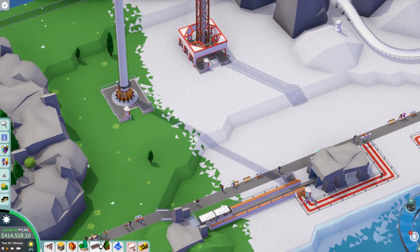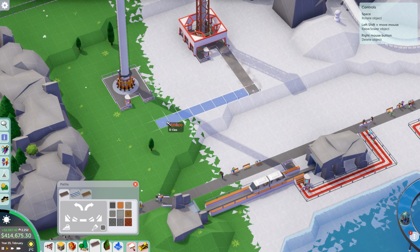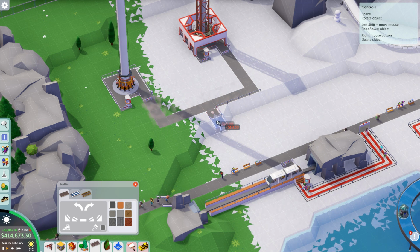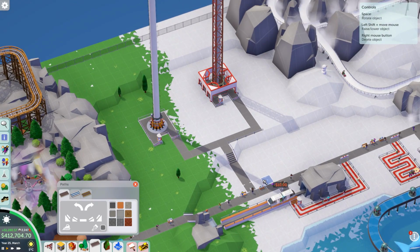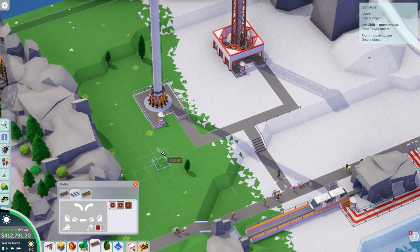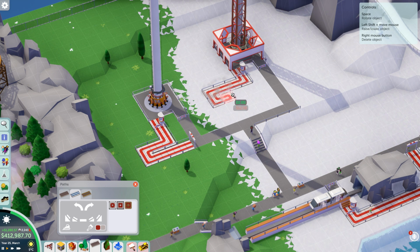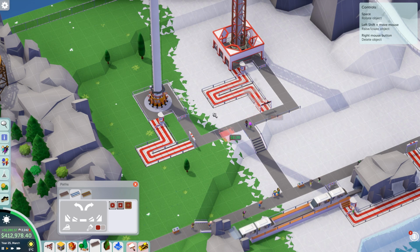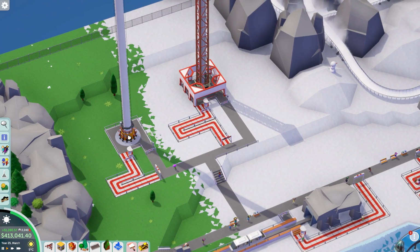So let's sort the paths out for this then. So we're going to have a general path first. Come down to here, like that. There we go. Which connects directly up to there. All good. Linking to those two rides. We need to get the path down then. So that one like that. That one like that. Then what we're going to do is...